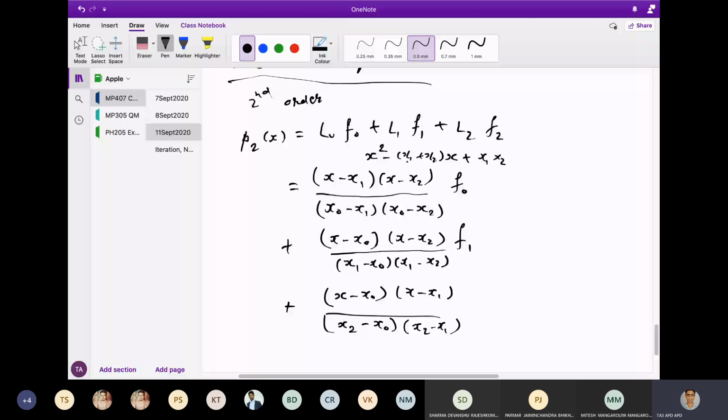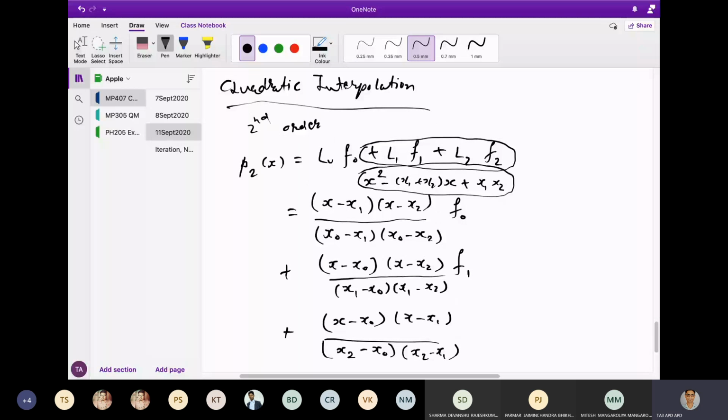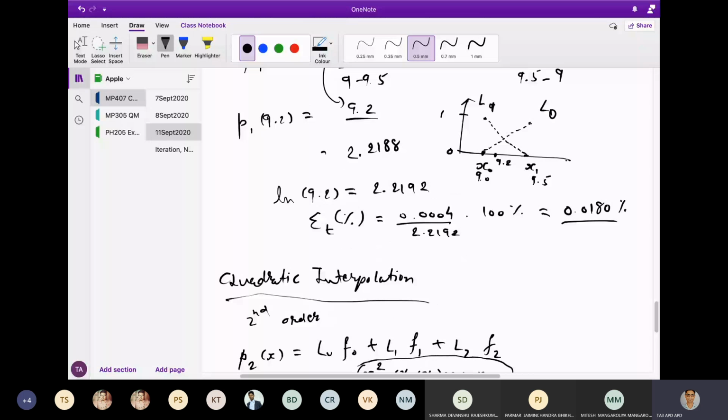So whatever value you get, the whole equation would be something like this. It's not a linear curve, it's not a linear line. It's a curve, so that's why we call it quadratic interpolation. Earlier we were taking two straight lines, but now you will have a third point here, and then it will not be a straight line. We will see that in a couple of minutes with an example, but this is the general strategy